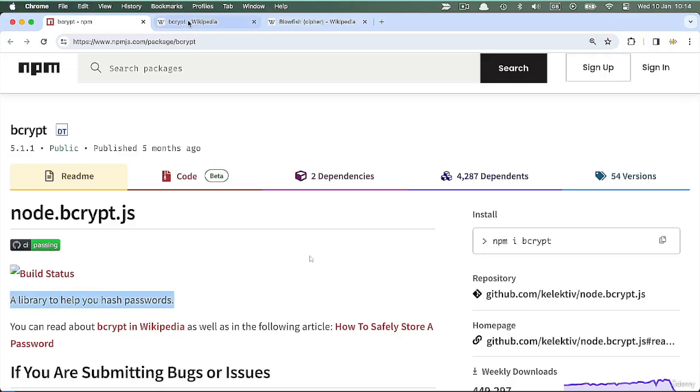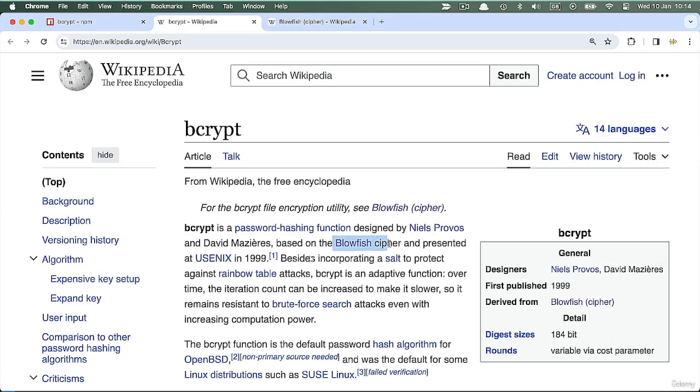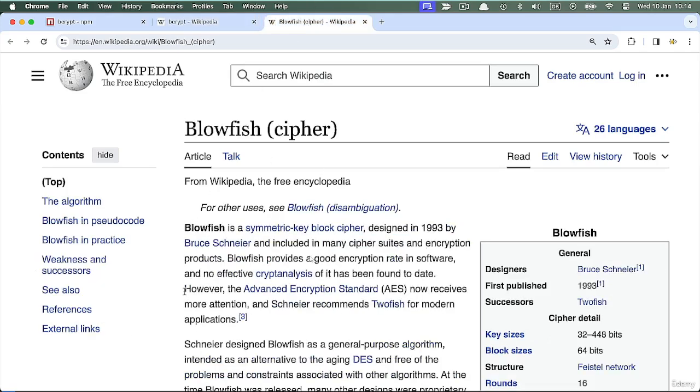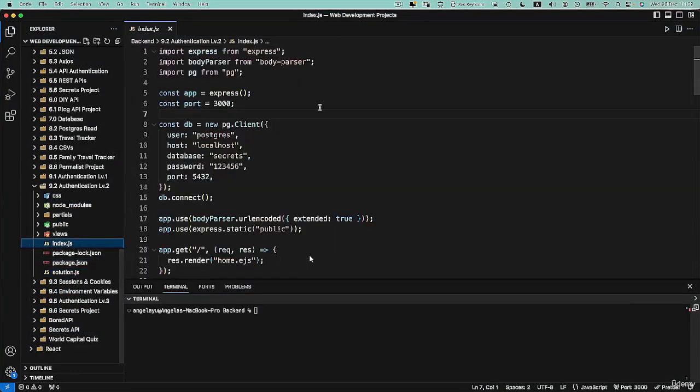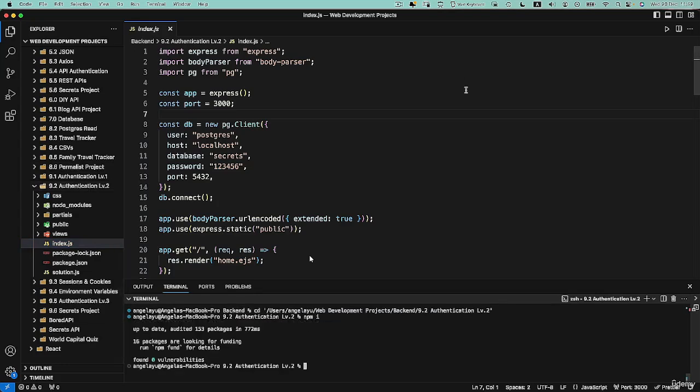Bcrypt is a way for us to be able to hash our passwords using the Blowfish algorithm, which is a super secure, very modern way of ensuring that nobody with current computational skills should be able to decode our password in a reasonable amount of time. It is something that is industry standard, and we're going to use it in our project. As always, first of all, cd into the correct project, and then use npm install to add all of the